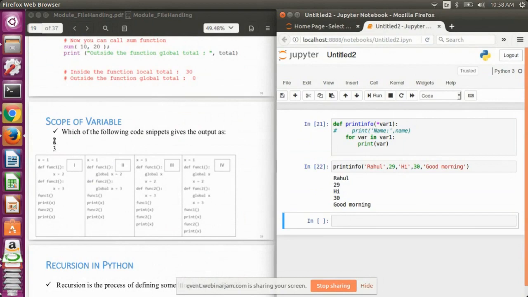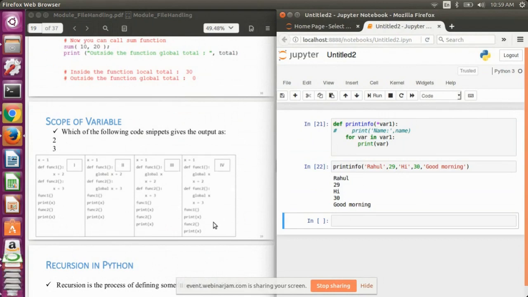Remember, here 2 and 3 are basically assigned to x. X is a variable which is an immutable kind of data type. So immutable data types do not get changed outside a function. If we make any change within a function, the change will get printed, but outside the function there will be no change.